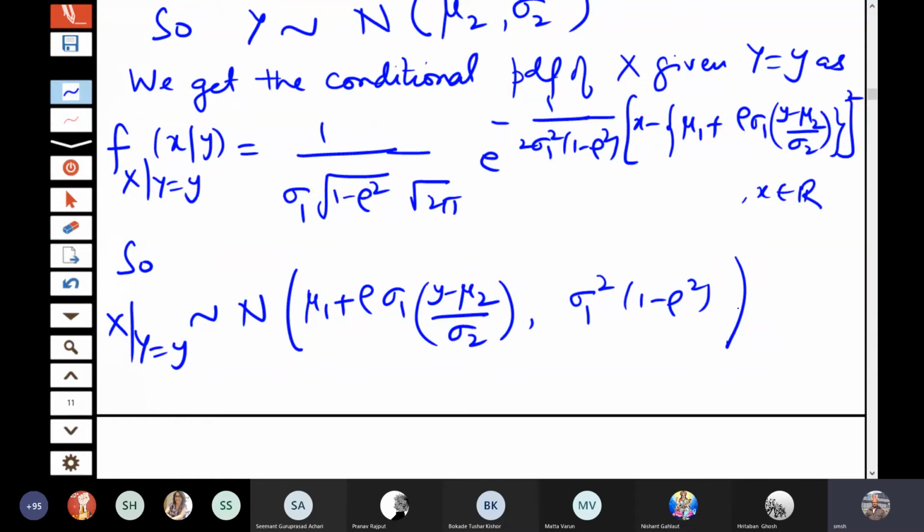So if you have a joint bivariate normal distribution, the conditional distributions and the marginal distributions are univariate normal. This is a very, very interesting property of